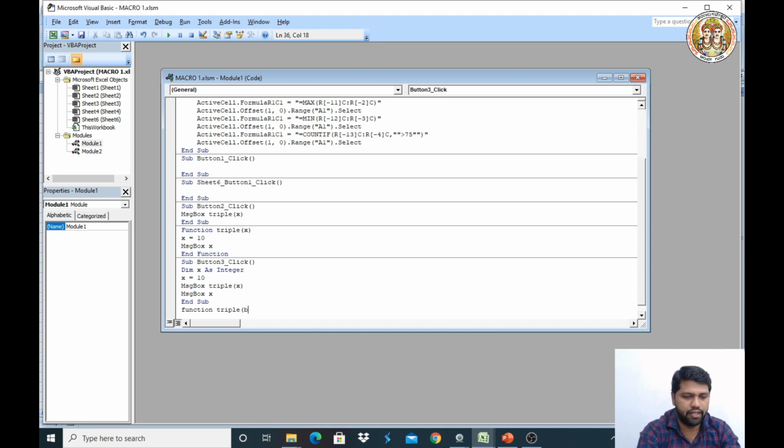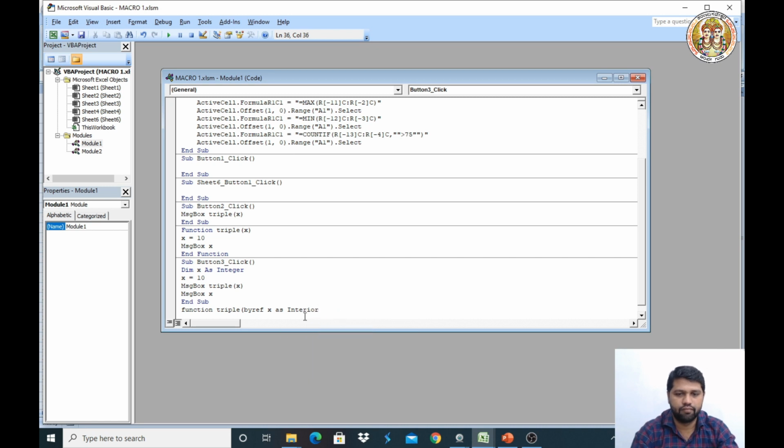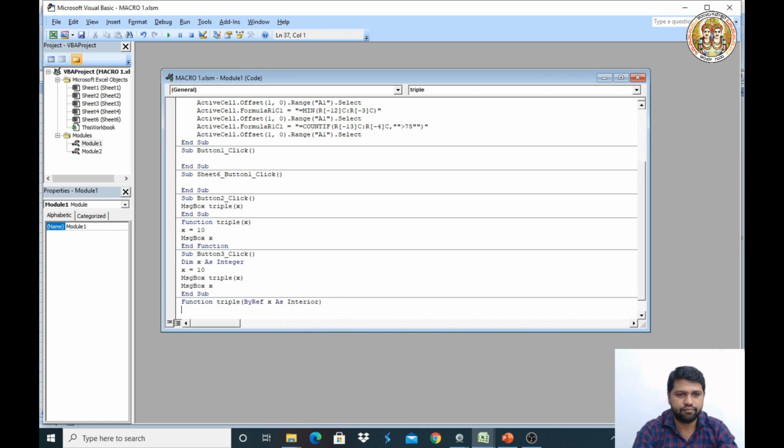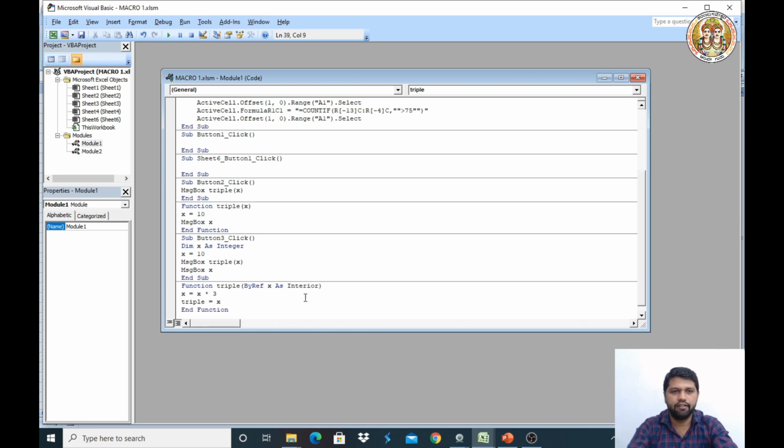So we need to mention by reference, ByRef x as integer, here x equals x into 3, next triple equals x. So next end the function, just save it and go to the Excel sheet.